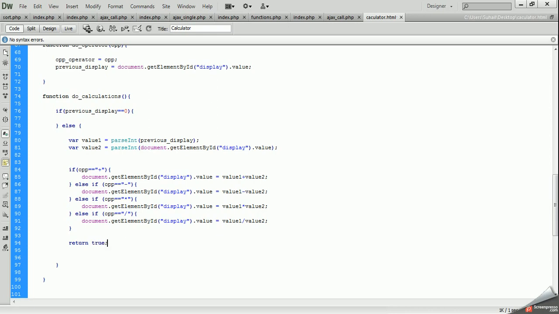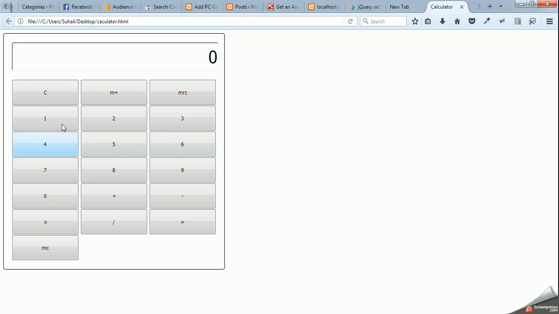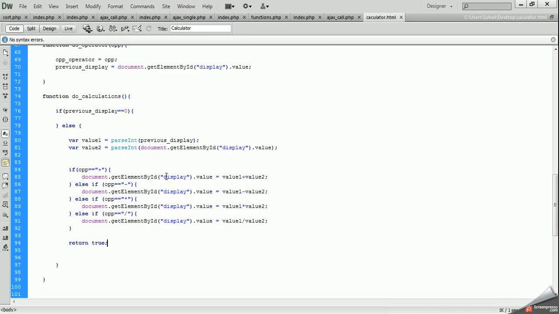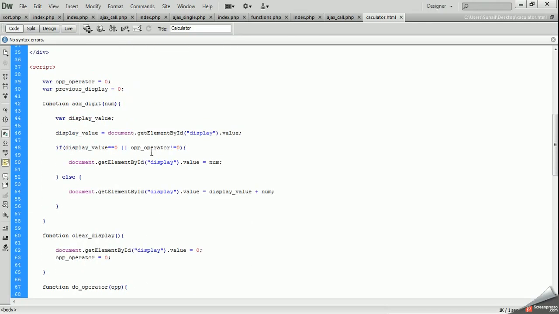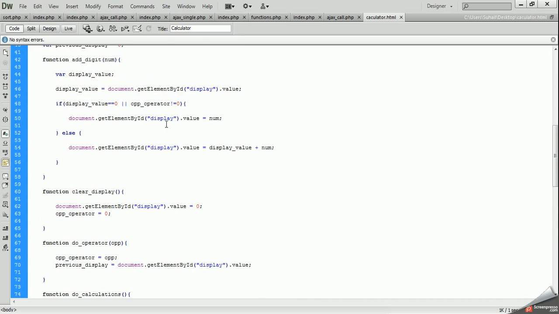Now let's check what happened. 1, 2 plus 4, 5. Okay, it's now doing this weird thing after pressing the plus button. Let's see what we have here. Where operator is not equal to 0. Here's the problem. After pressing the operator button,